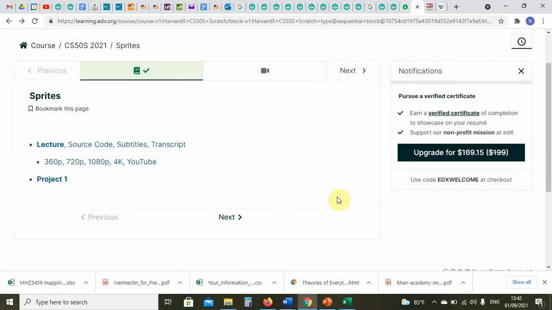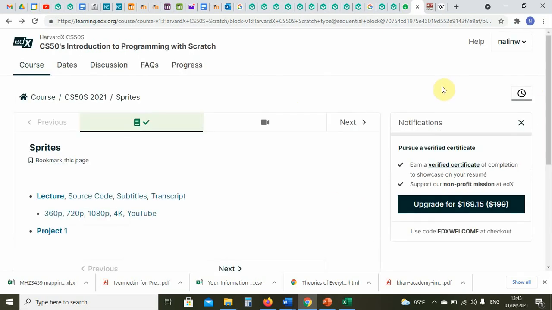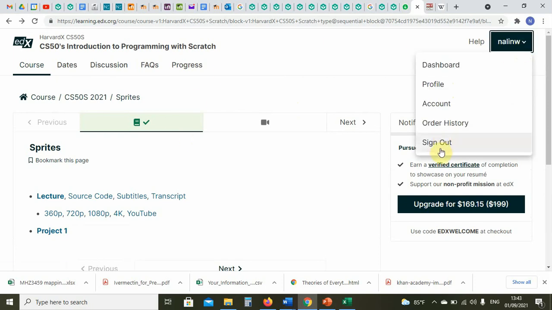If you have any questions, you can ask them in edX, but we will also keep a place on the Moodle page, the Future Careers Bridge Moodle page. We'll have a section where you can ask questions about this edX course, right? And our lecturers will also be following this course with you so that they will understand whatever difficulties you are having. But it's entirely up to you to do this course. Okay, I will now log out of this.